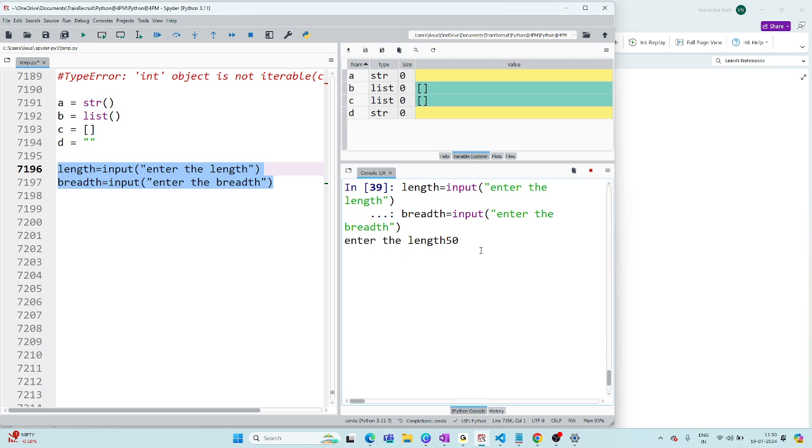ఇప్పుడు నువ్వు ప్రోగ్రామ్ 10 సార్లు రన్ చేస్తే 10 సార్లు లెంత్ అడుగుతుంది. అంటే ప్రోగ్రామ్ డైనమిక్ అయిందా కాలేదా? Yes or no? You don't have to give value. Is that clear? ఇక్కడ ఒక చిన్న ట్విస్ట్ కూడా ఉంది, చెప్తాను. So then enter. Now it is asking breadth, right?